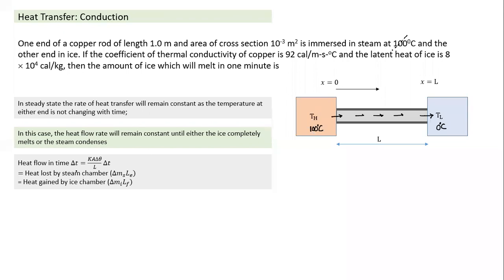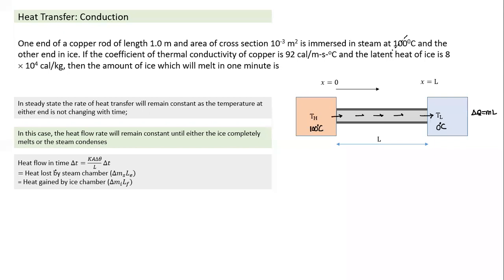So what is the heat flowing in time delta T? Whenever we talk about the quantum of ice melt, whenever we talk about a melting phase change, we have to equate delta Q to mL. That's the kind of equation. So how do we form that equation? Heat flow in time delta T will be equal to heat flow rate into delta T. I can find the heat flow rate.